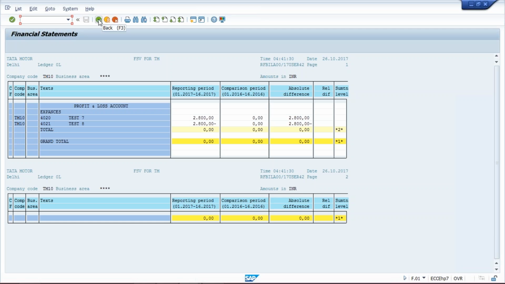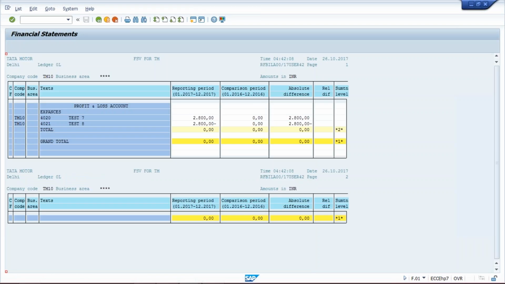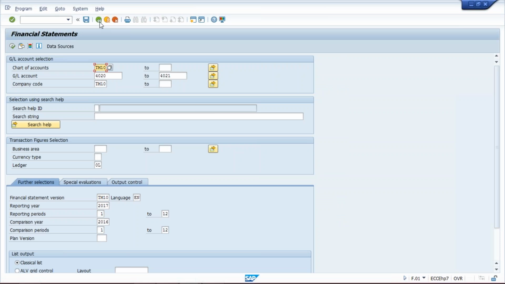Now here come back, generally make it 12 itself and then execute. Now this is for India, and for US if you have to generate the financial statement, then what you have to do, click on,